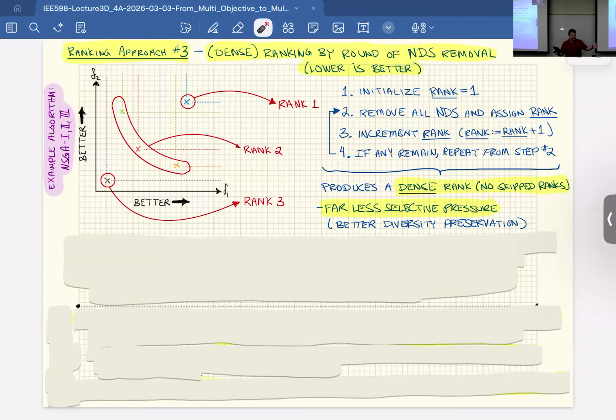That works really well on paper when you only have 3 parties in your society. But once you have 1,000 parties in your society, like 1,000 objectives, it is really hard to find any Pareto improvements. You have 1,000 people with 1,000 different utility functions. How are you going to find that one movement that makes it better for all of them simultaneously? Even if it exists, it's going to be a needle in a haystack. And that's what happens with NSGA-II. When you have 4 objectives or higher, everything looks like it's non-dominated. So they all get the same rank, and if they all get the same rank, you don't have any fitness pressure.